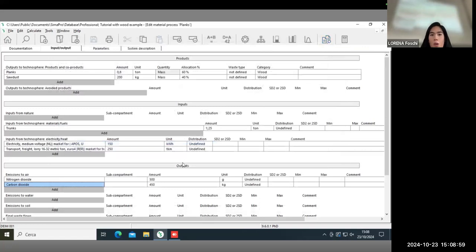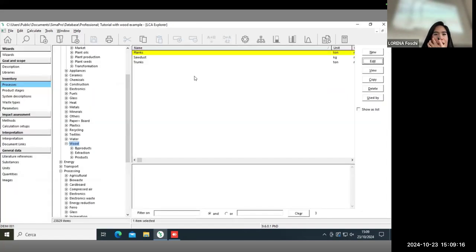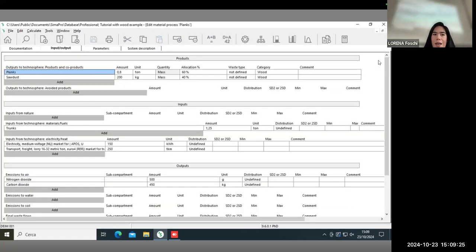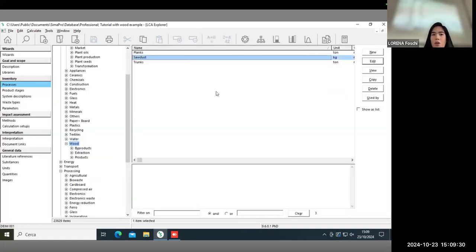So here is another process, but since we are talking about a process which has two products, these will automatically create two processes. Here you can see that we have the planks process and the sawdust process, but if we open the sawdust process, it will be exactly the same. Okay, so it's like doubled, but with different names. Because if I need, for another process, not a wooden shed, the sawdust as an input for my process,